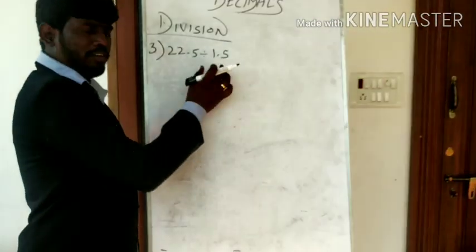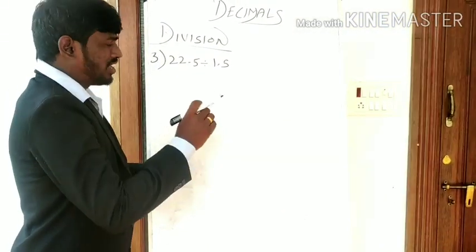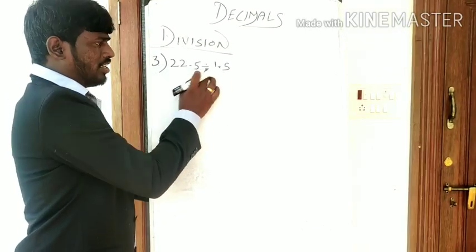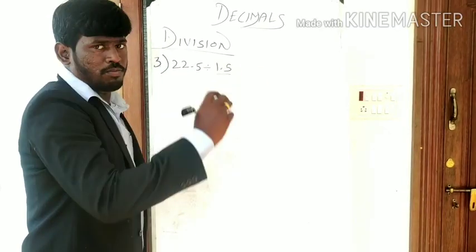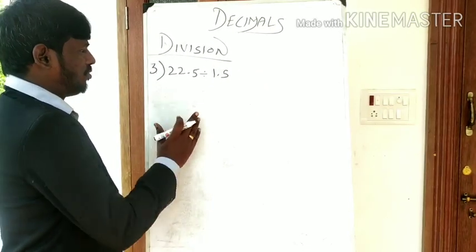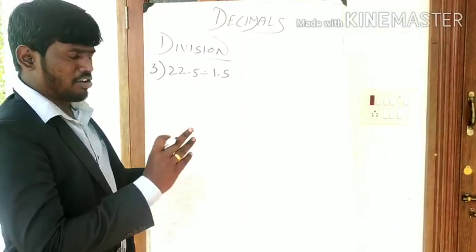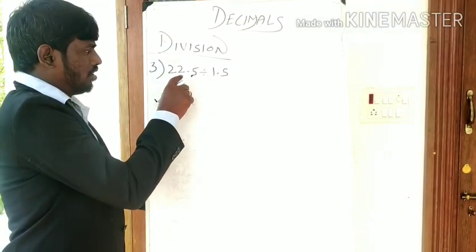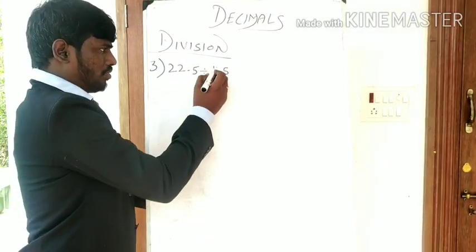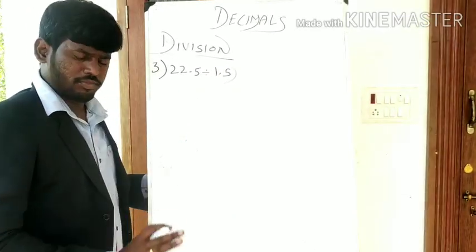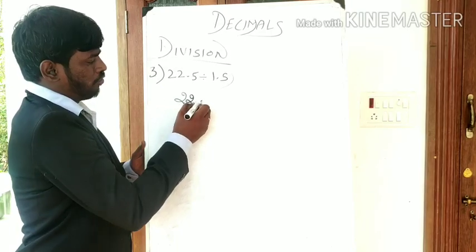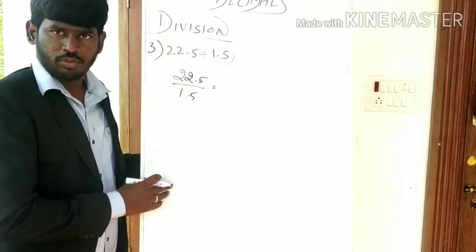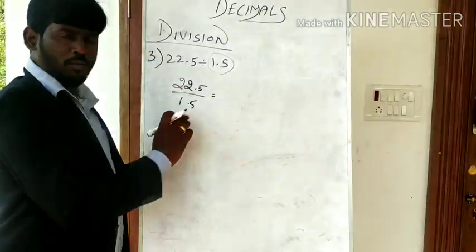Two more sums, but the difference is 22.5 divided by 1.5. A decimal number divided by a decimal number. We can't divide a decimal number by a decimal number. So what we have to do is change the divisor into a normal number. Next I am going to teach two more decimal sums to you. But the difference is a decimal number divided by a decimal number. For that you have to change the divisor into a normal number. So listen carefully what to do. 22.5 divided by 1.5. A decimal number by a decimal number can't be divided. So we have to change the divisor into a normal number. For that, what we have to do is